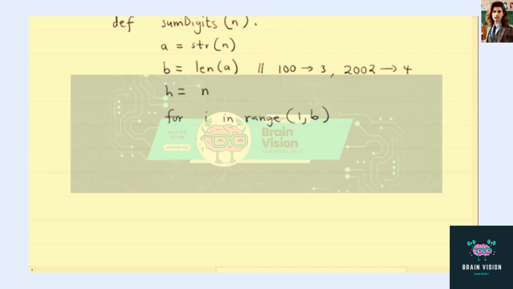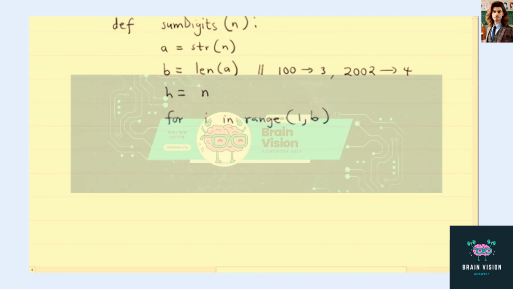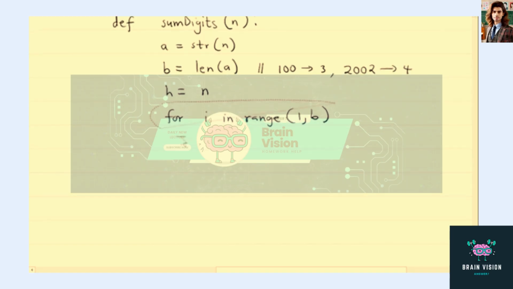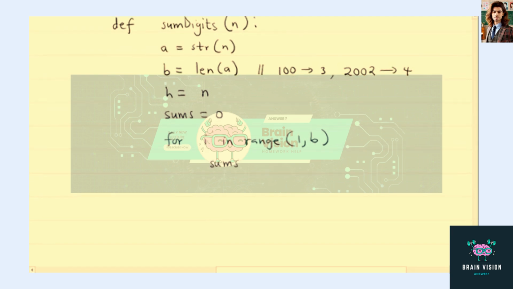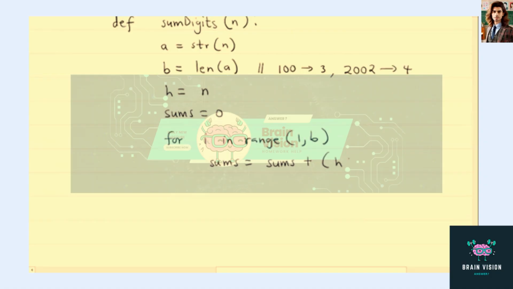All right, and now we are defining here. Before we do this, we can define another integer that is a sum, which will hold the summation of the values. So let's define that. So we have a variable called sums. We initiate it to 0, and now this is what we do with the sums. So sums is equal to the sums plus the h